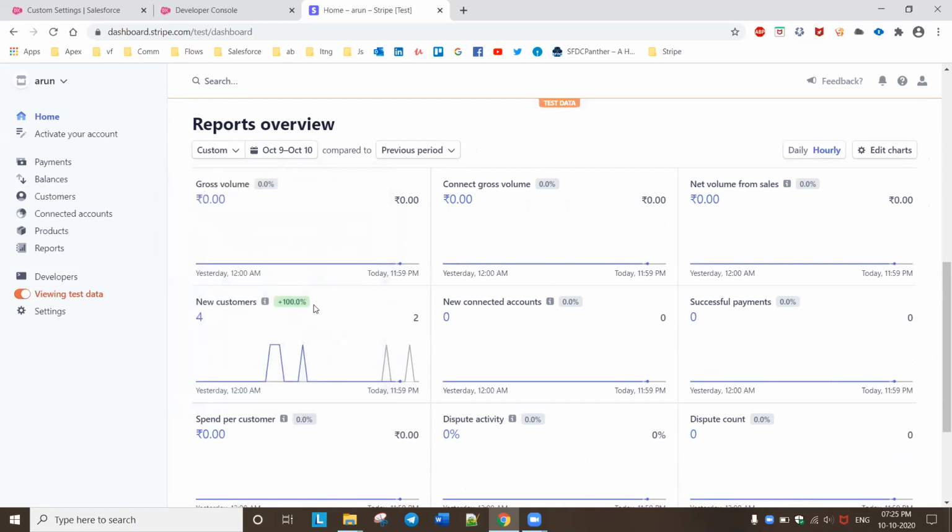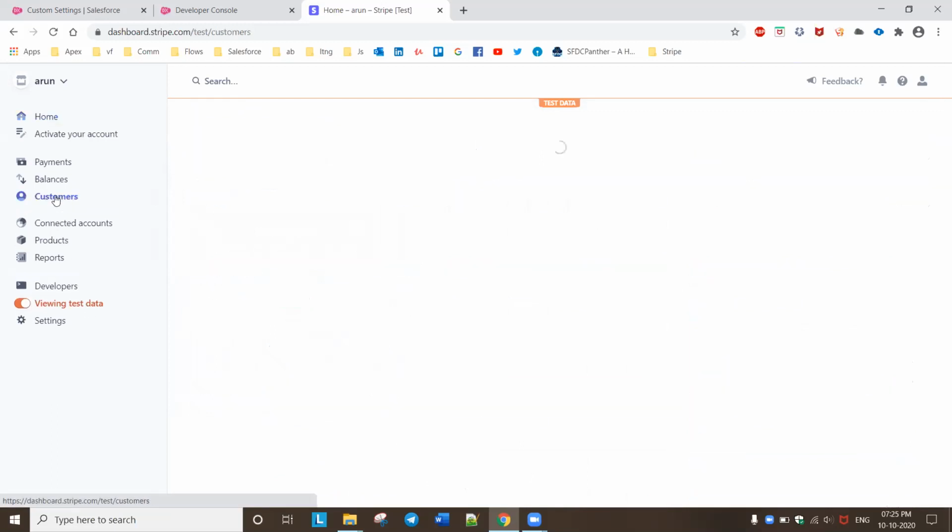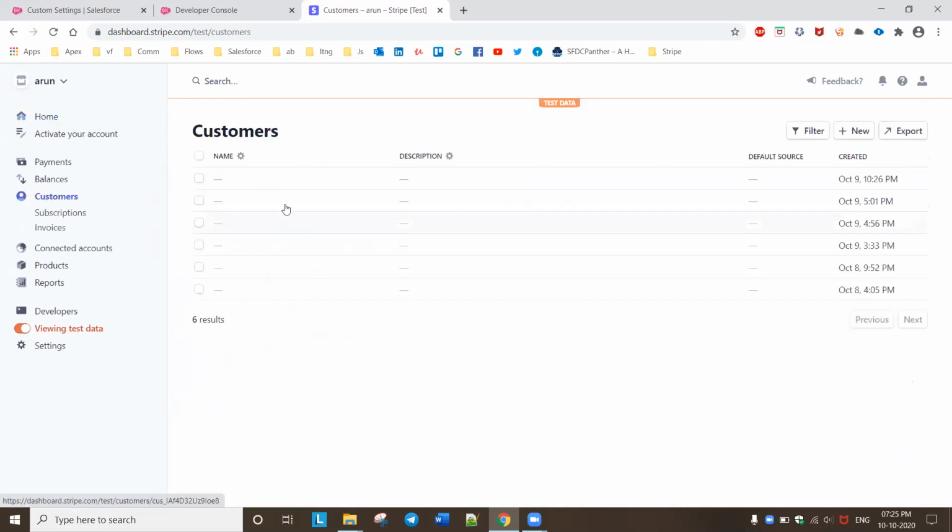Here, customer means account or it is a customer? No, it is not an account. It is actually a customer. So currently I am having six customers. If I am running here,